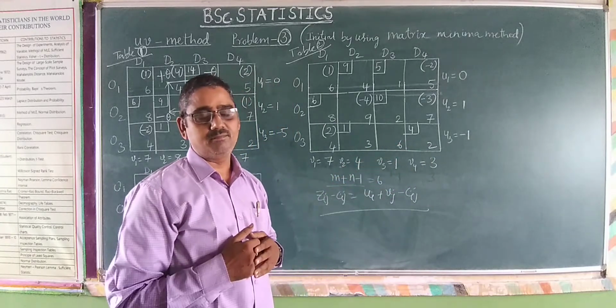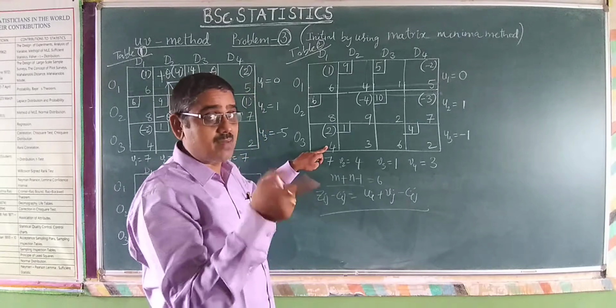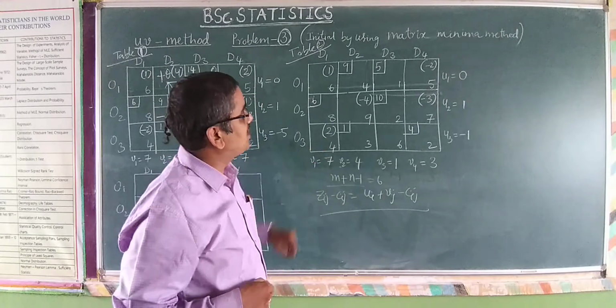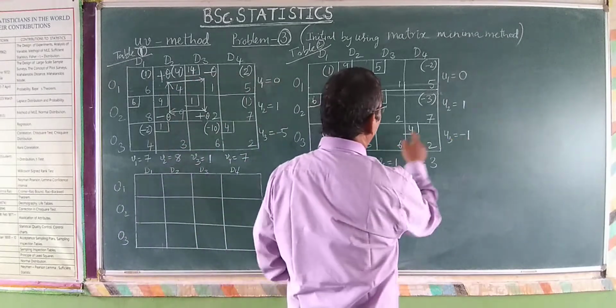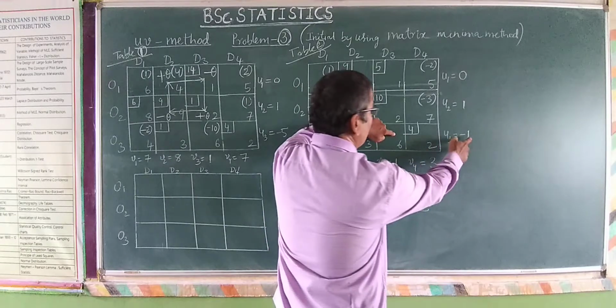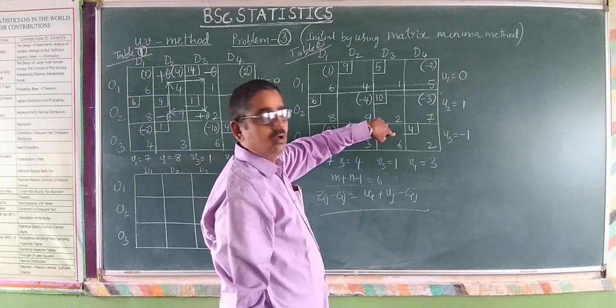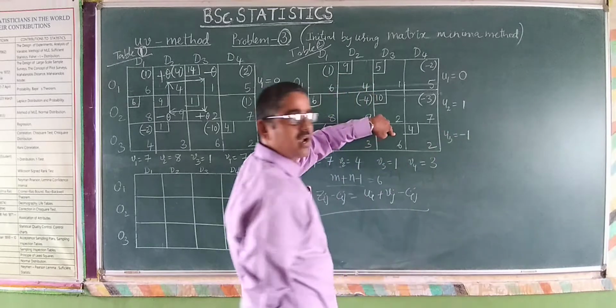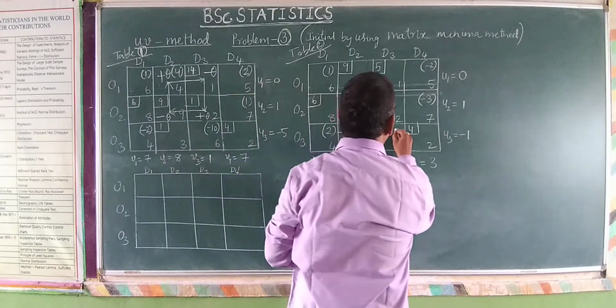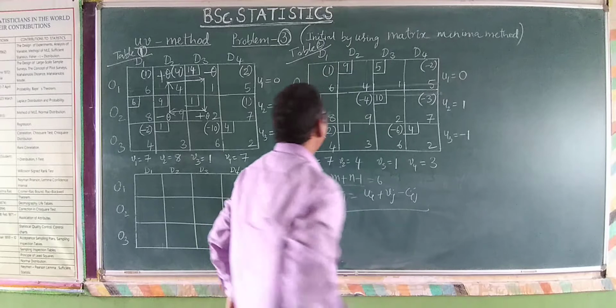It is 6. 6 minus 4, ui plus vj minus eij. 6 minus 4, it is plus 2. You calculate for this non-basic cell: 1 minus 1, 0. 1 plus minus 1, that is 1 minus 1, 0. 0 minus 6, minus 6. So now you see what are